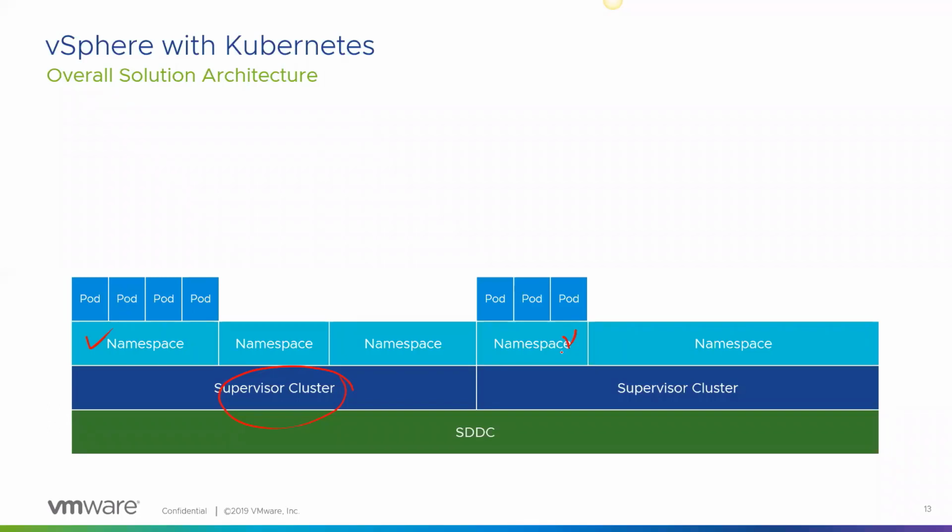All right. Now, when we enable a cluster as a supervisor cluster, there's this notion of something called CRDs, custom resource definitions, that we leverage. What CRDs are is a way of telling the Kubernetes environment that, hey, Mr. Kubernetes, you know everything there is to know about deploying containers as pods. Great. But guess what? You don't know squat about virtual machines. I want you to be able to deploy a virtual machine.